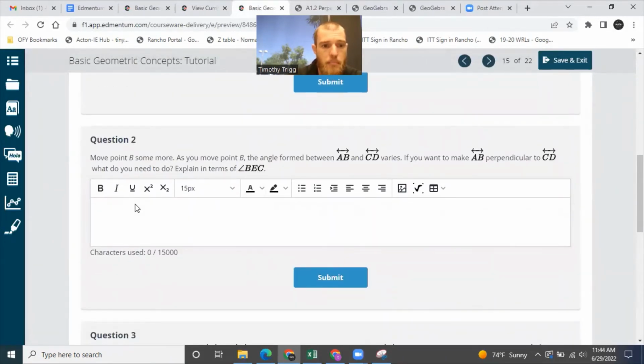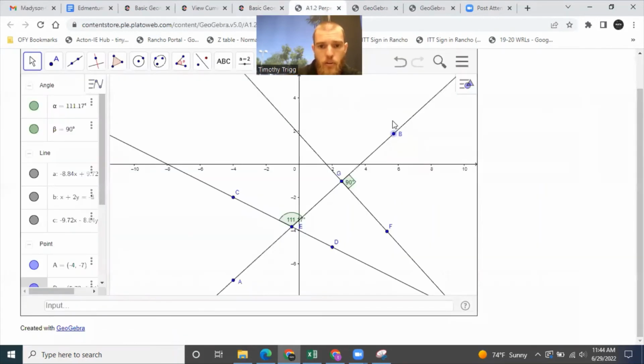Move point B some more. As you move point B, the angle formed between line AB and line CD varies. If you want to make AB perpendicular to CD, what do you need to do? Explain in terms of angle BEC. So first, angle BEC is this other angle here. Notice if I want to make